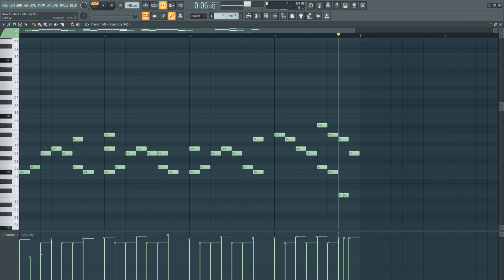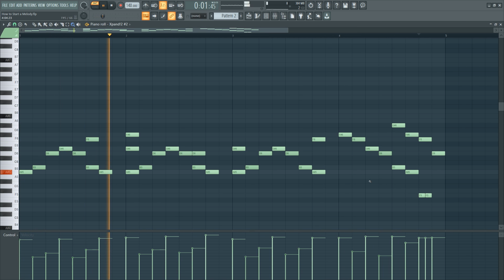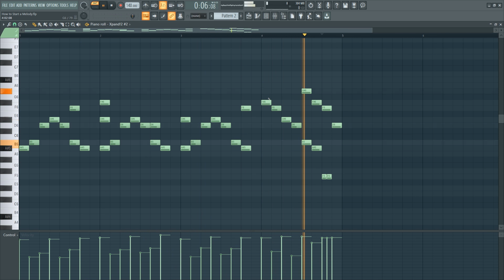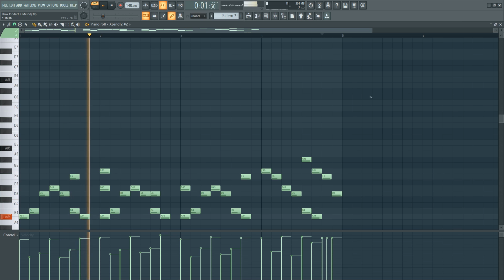Now for the other velocities, you don't have to turn them lower, but just have the accent notes a little higher than the others. My method here is if I have 2 notes in between, it goes low, mid. If I have 1 note in between, it just goes mid. If I have 3 notes in between, like if it were right here to here, I would go mid, low, mid. That's kind of like my formula for having velocity changes in melody that sound natural. Now the melody has a lot more life.